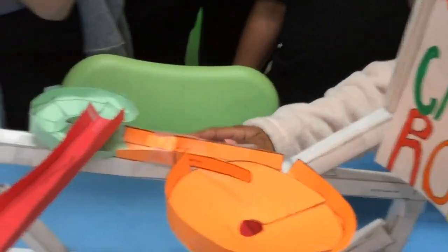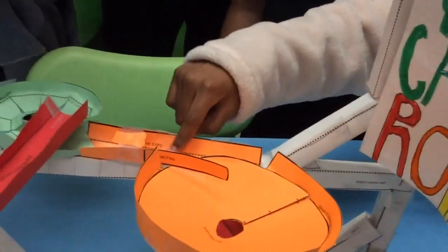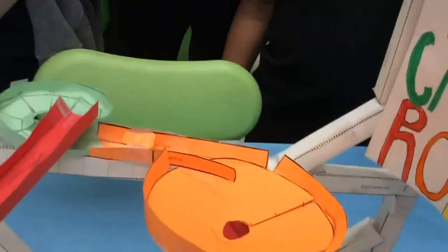And right here we had a little problem. When it went right here, it got stuck every time. Oh. So how did you solve that problem? We put tape right here, and then it stopped right here, so we put tape right here. And then, since it was a hole, we put tape right here, and then